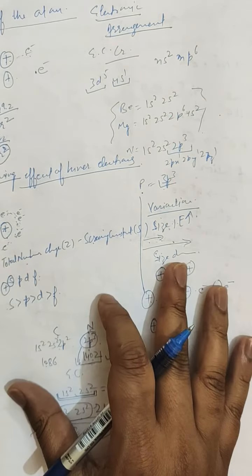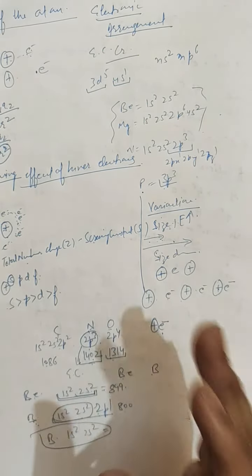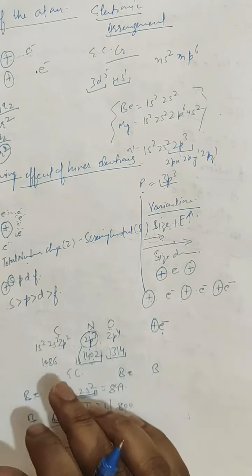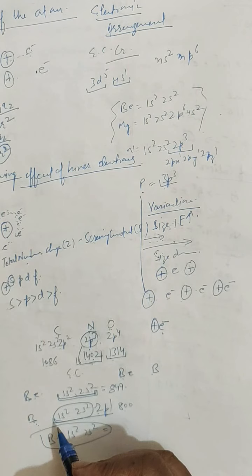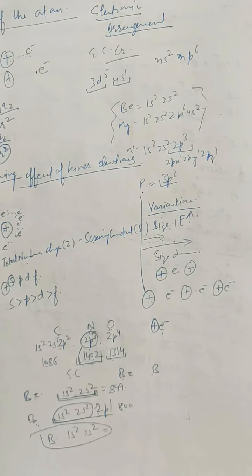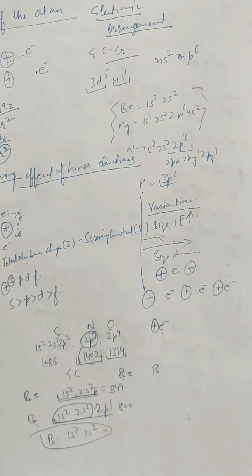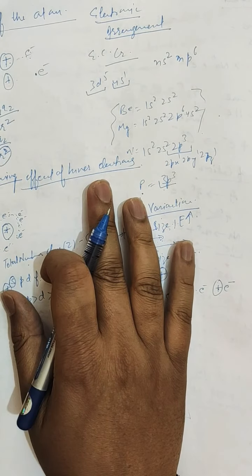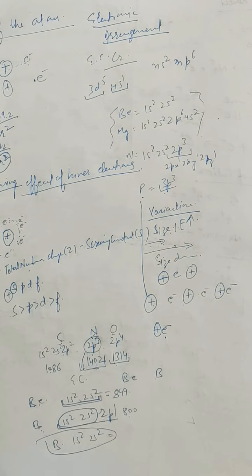And remember, in the periodic table there are a large number of elements. They will not ask you about the first element and last element or something like that. They will always ask you to compare related elements, that is, neighboring elements either in the period or in the group. So it's not that tough, it's easy. You just have to remember the factors which affect the ionization energy. Suppose you are asked to compare the ionization energy of isoelectronic species, you just have to remember how the nuclear charge is increasing, and you can predict from there.